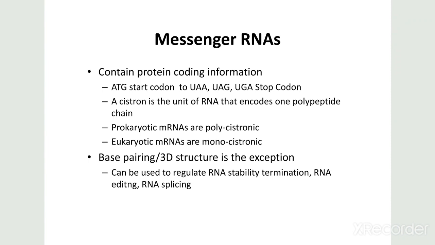RNA splicing is a process that removes the introns, that is non-coding sequences of genes, from pre-messenger RNA, and it joins the exons, that is protein coding sequences, in order to enable translation of messenger RNA to proteins. Now let's see RNA editing. RNA editing includes discrete changes made in specific nucleotide sequences in the RNA after it has been generated by the RNA polymerase. It includes insertion, deletion, and base substitution.